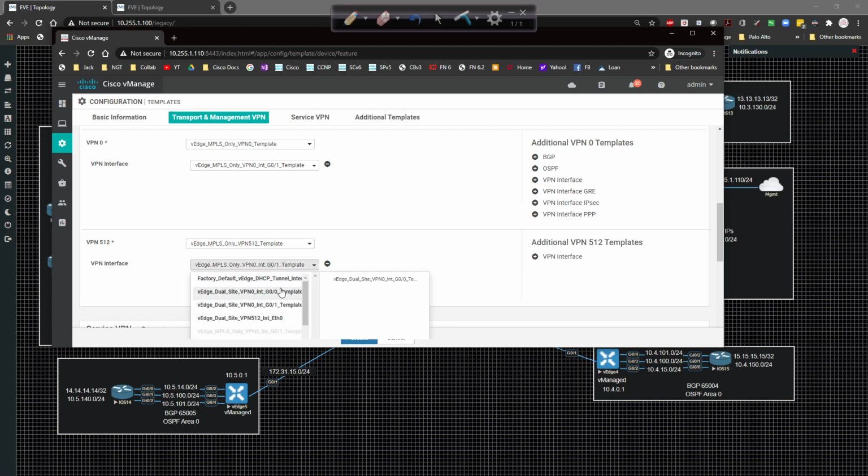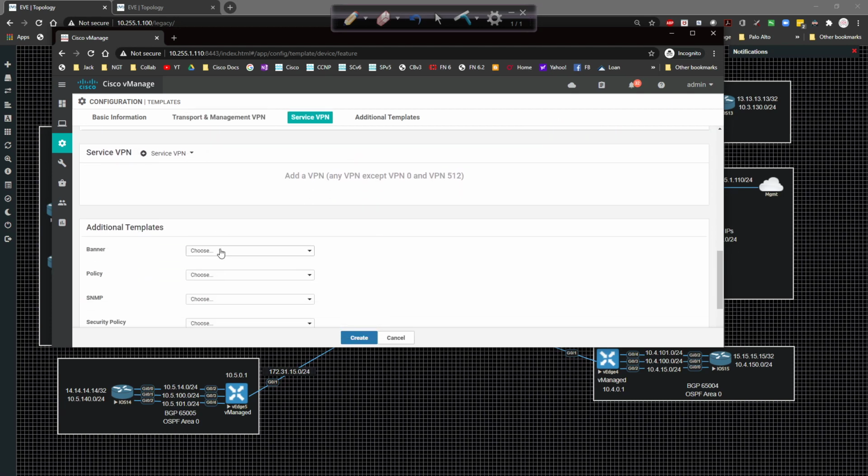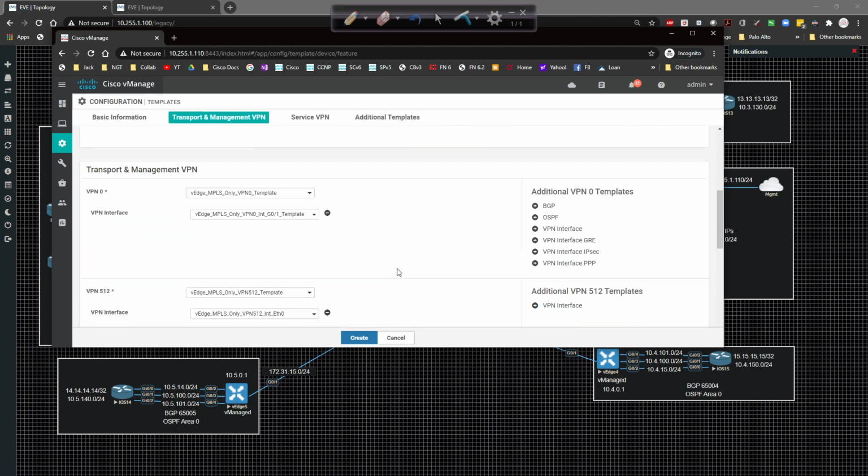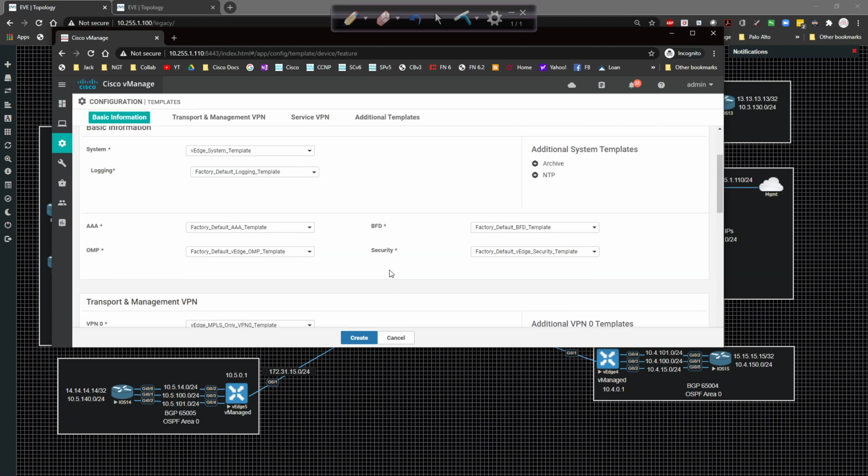nope, sorry, that's the wrong one. I want this guy right here. And then the additional templates, the banner, there we go, and then we are square. Everything else we need to have in place is where we need it. I'm going to go ahead and click on create,